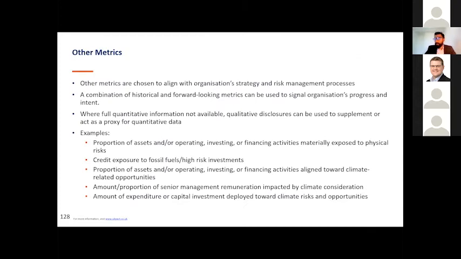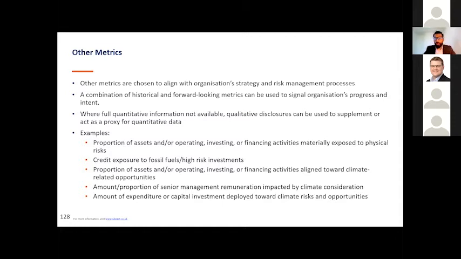There are other metrics that people should consider that are beyond greenhouse gas emissions. And where full quantitative, that is numerical, information is not available, qualitative disclosures can be used to supplement or act as a proxy for quantitative data. Examples of other metrics include the proportion of assets or operating, investing or financing activities that are materially exposed to physical risks, credit or investment exposure to fossil fuel, the proportion of assets or operating, investing or financing activities aligned towards climate-related opportunities, the amount or proportion of senior management remuneration that's impacted by climate considerations, and the amount of expenditure or capital investment deployed toward